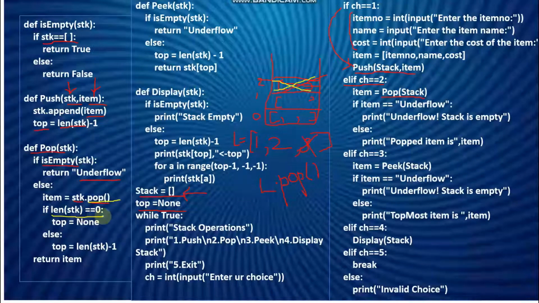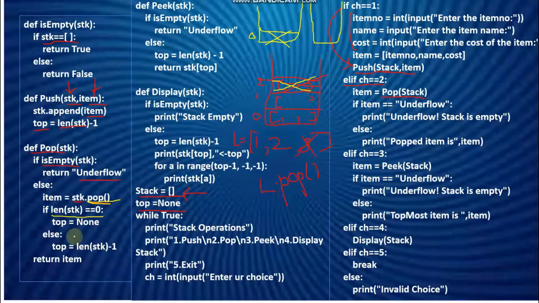If the length of the stack is equal to 1, if I'm having only one element and I'm calling this function pop, isEmpty of stack will be checked and it will return false. So it is going to come to the else condition because this is not empty. I have only one element available in the stack. So it comes to the else condition, and when this pop is executed, this particular element is going to get deleted and now my stack has become empty.